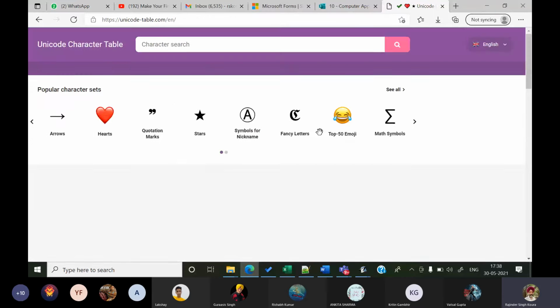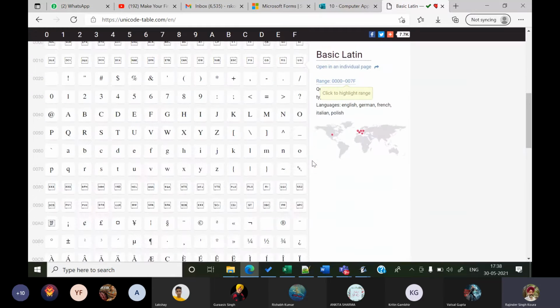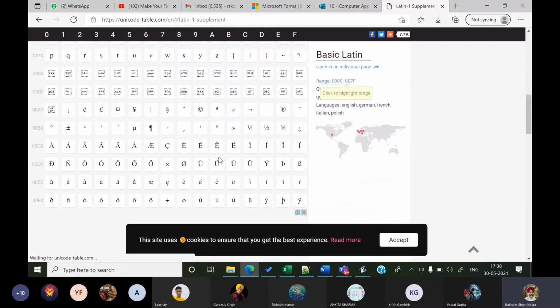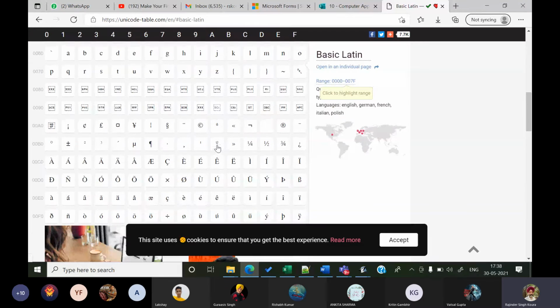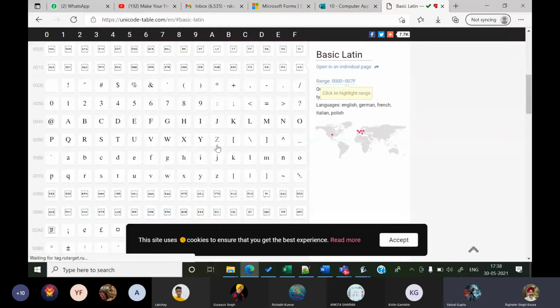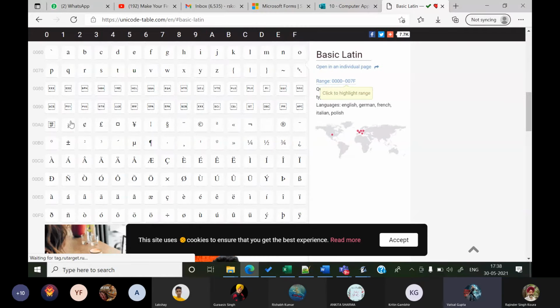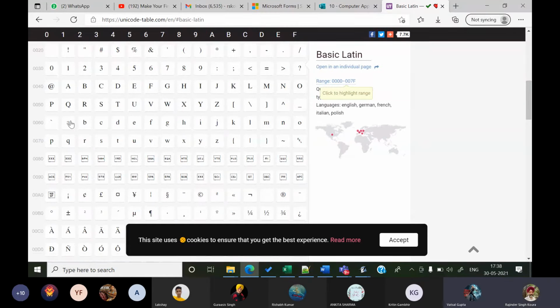So the Unicode character table is basically a table of 65,536 characters, and those characters include the languages of the entire world. Okay. So there is a Unicode character which has a blank space in it. How do they take that blank space as an individual character? Why not 0? Most of these have not been used. 65,000 have not been used.